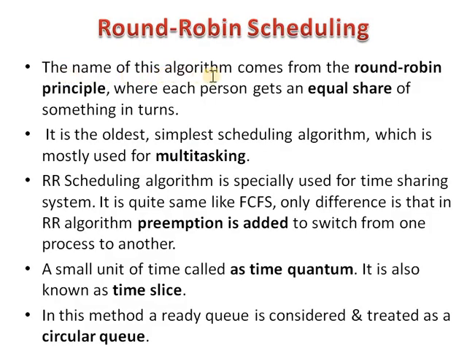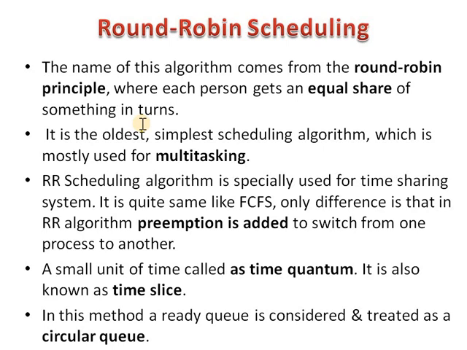The name of this scheduling comes from the round robin principle, where each person gets an equal share of something in turns. In this type of algorithm, each process gets an equal share of something in turn or in a